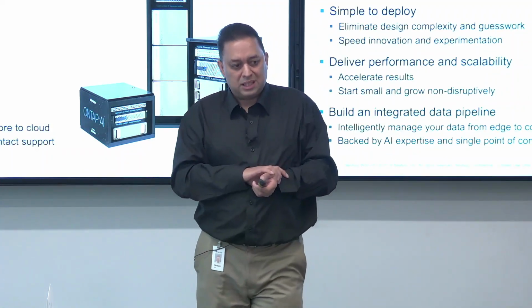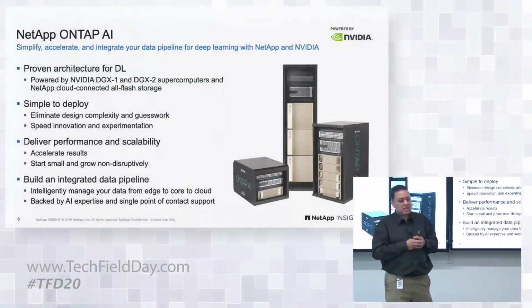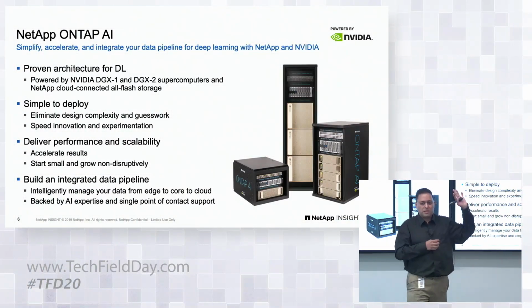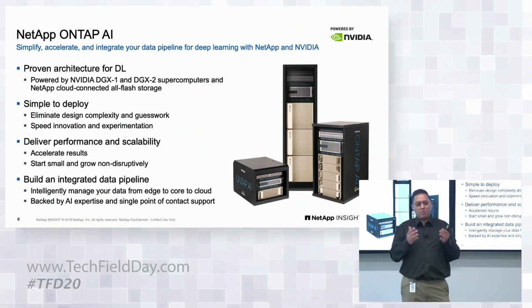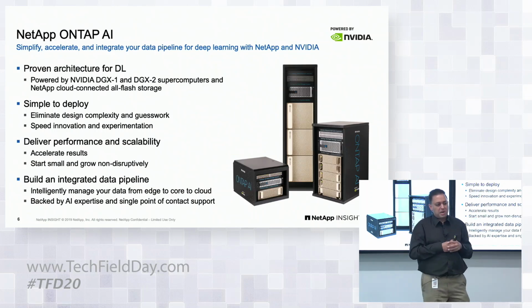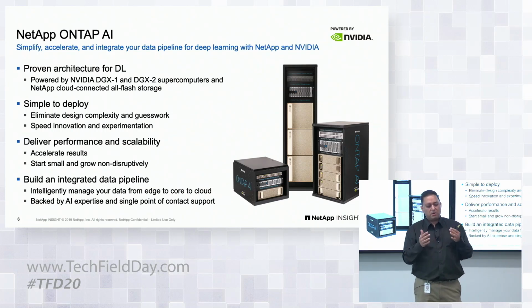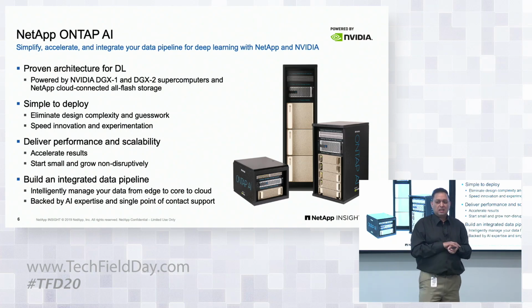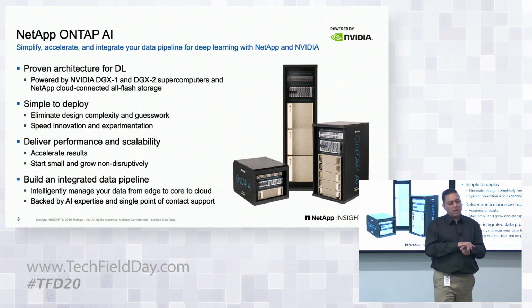There are four elements to something as complex as this. Firstly, AI is entirely focused on data scientists, and they don't understand hardware. So we want to abstract out as much of the hardware as possible, and the way we do that is simple automation. We use Ansible to completely automate the deployment from rack and stack onwards to bare metal provisioning. Once we've done that, we use Kubernetes and Kubeflow to automate the lifecycle management with our AI control plane.